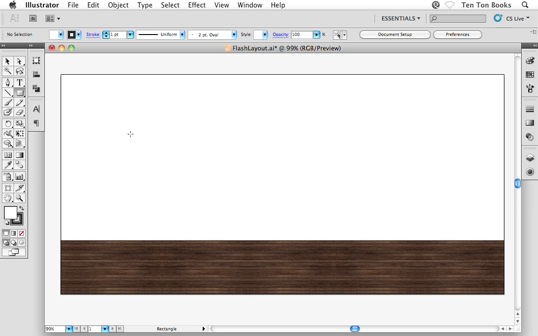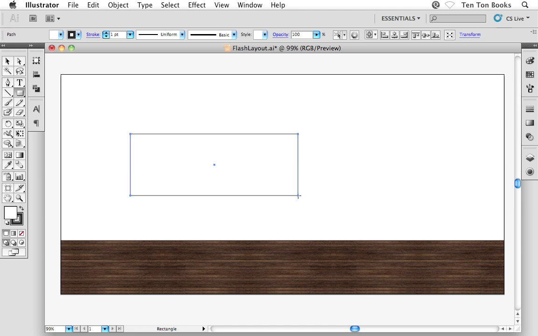That's it. And then what I'm going to do is I'm just going to click and drag out a rectangle, something like this. I don't even really care where it's placed on the artboard. I don't care what size it is. We're going to size it properly here in about 2 seconds. Next, what I'm going to do is I'm going to hit the V key on my keyboard. That switches me back to the black arrow tool